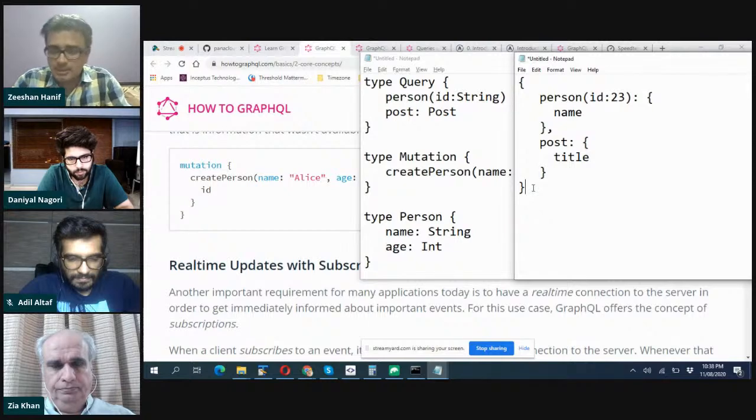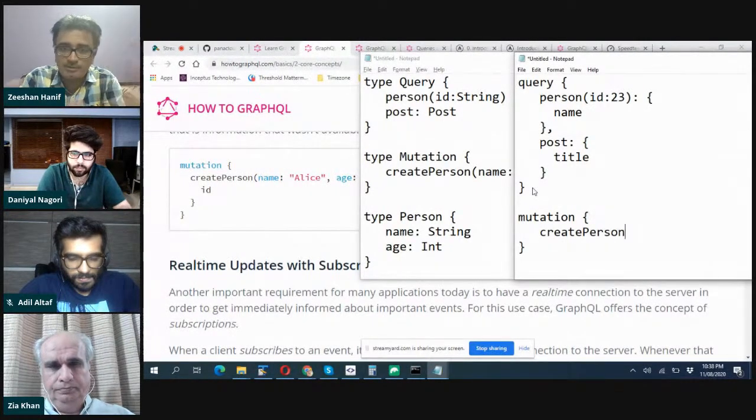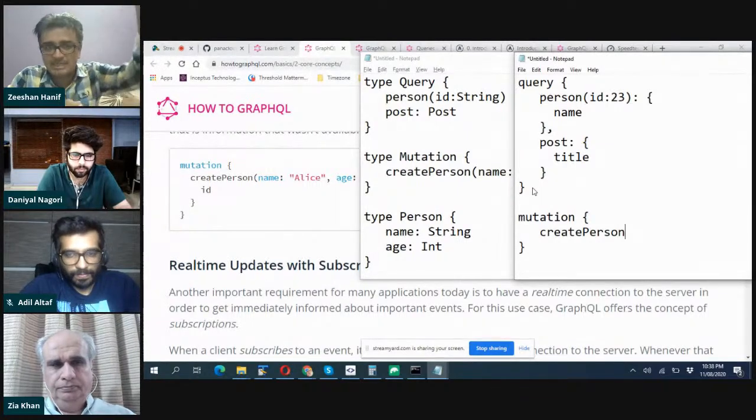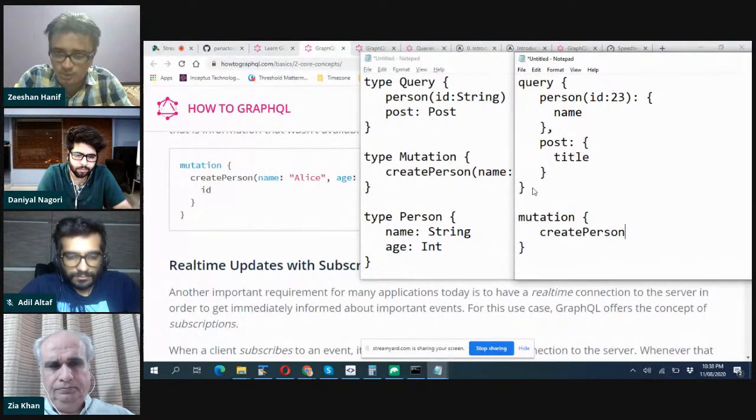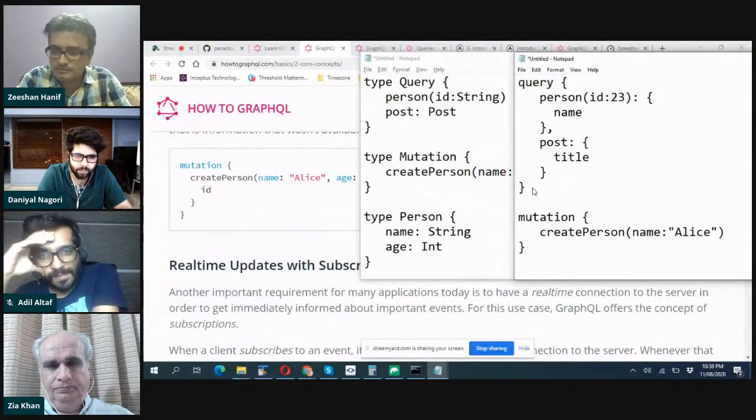Now, you can specify query here as well. So you can understand that this is a query and this is a mutation. When you are specifying it client side, we will see a moment later how these things work. So you will call create person. By the way, this all will be inside a template string. I'll show you. So name is Alice. That means we are creating an